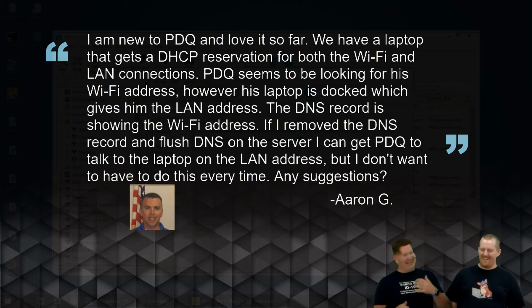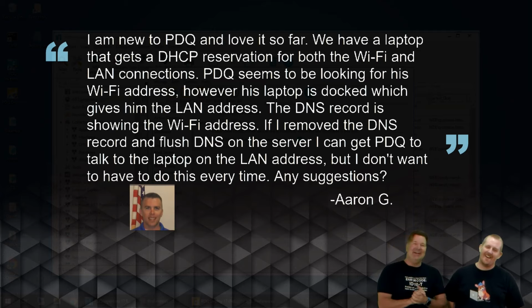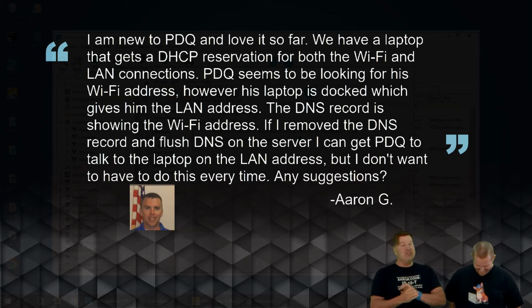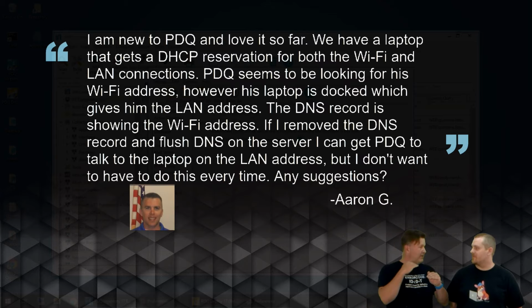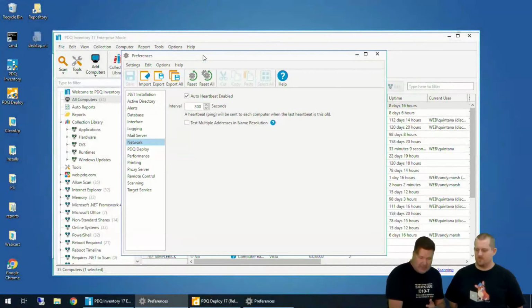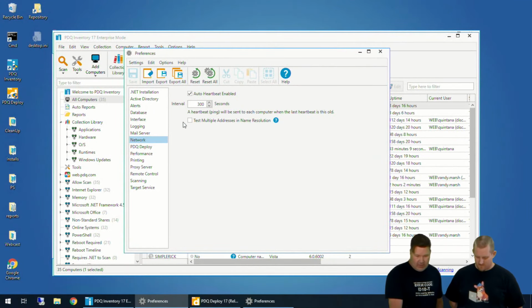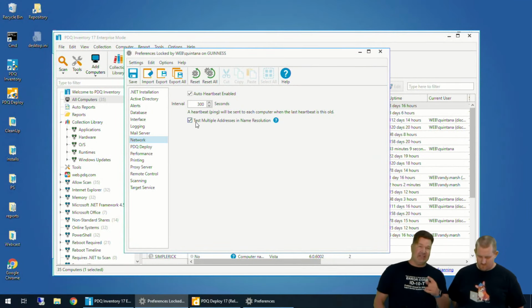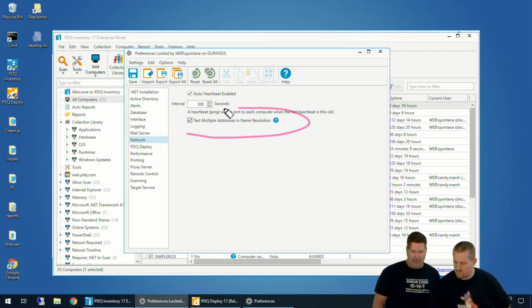Hey, couple of things. Assuming, this is just an assumption, that your DNS is scavenging at, say, an 8-hour level, you're going to have 2 records in your DNS generally. And so if you go to right here, in Preferences, under Network, Test Multiple Addresses and Name Resolution in Inventory,